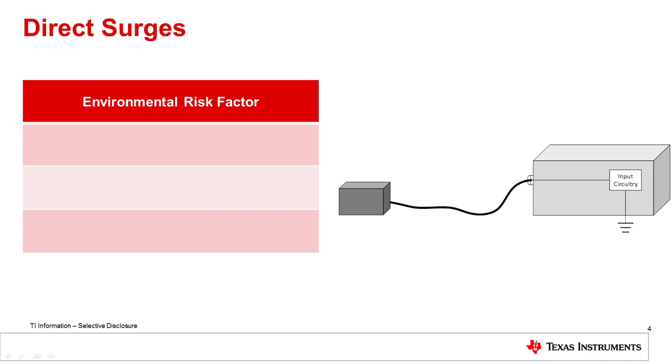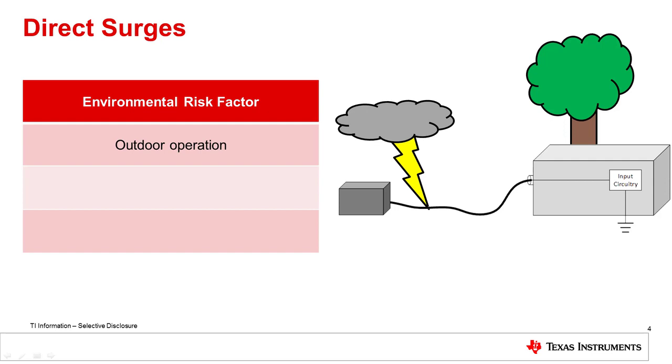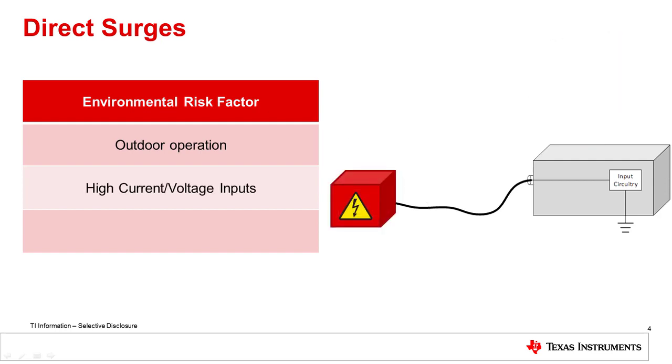If a system operates outdoors nearby to potential lightning strikes, contains high voltage, current, or power inputs from inductive or capacitive loads, or has regular hot plug events, it's likely that a system will be exposed to surge events and needs to include dedicated surge protection. There are many other events that can cause surges, but these tend to be the most common causes.